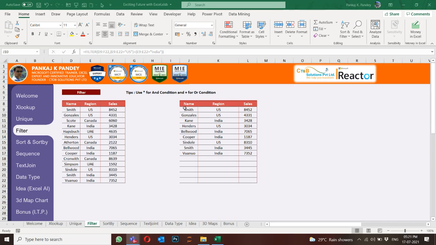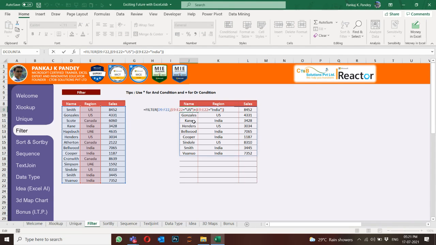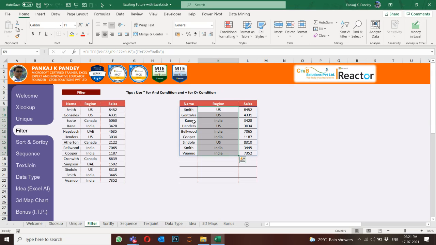Yeah, sorry. So when I apply now, both using the plus sign, US and India, you can see what I got. I got US and India, both records filtered out very smoothly here. Let's say my situation is I need US and I only need where the salary is greater than 7,000 in US. So it is two conditions, and I want both to be satisfied: US and the salary is 7,000. Then in that scenario, what we will say is